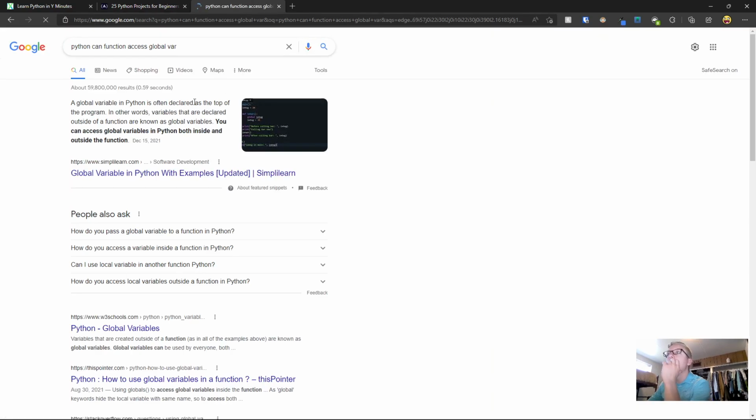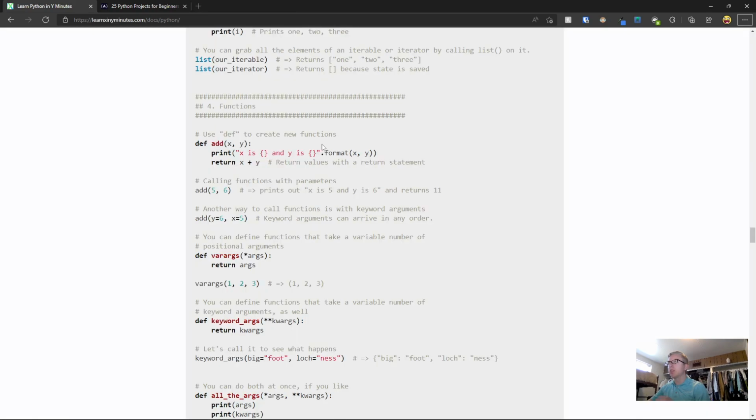A global variable in Python is often declared at the top of the program. In other words, variables that are declared outside of a function are known as global variables. You can access global variables in Python, both inside and outside the function. Epic. So that means what we want to do